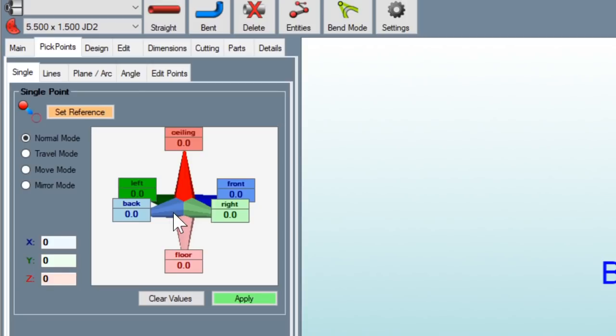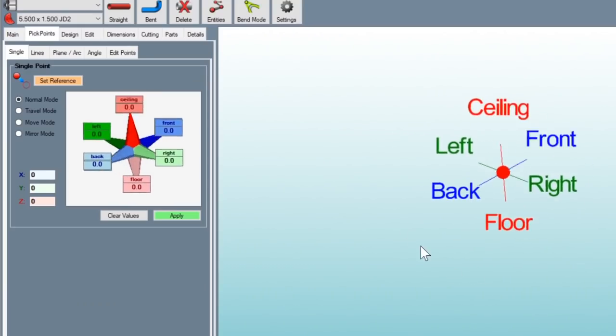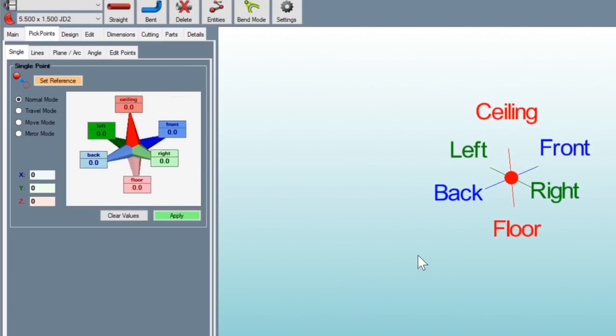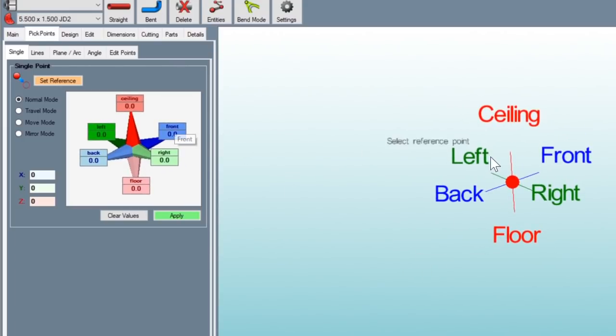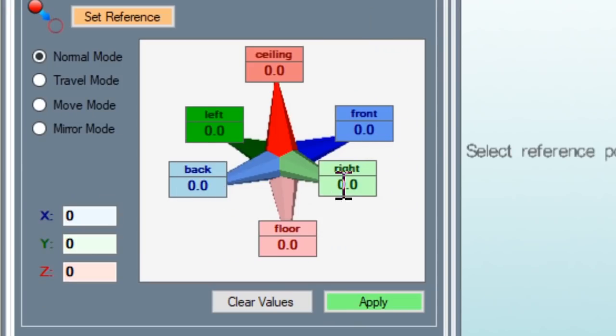So I'm going to go over here to pick points, and I'm going to leave it on single. And if you see here, now we're looking at the star. It's the same star that we're looking at there. It even rotates with us. It tracks us no matter what we're doing. And it's basically the same star, but here we have options to put in dimensions. Now I know that at the bottom of my stool, I want the legs 14 inches apart. And since this is centered, that means I need to put a point 7 inches apart on 4 points.